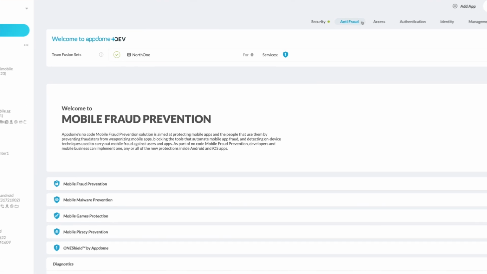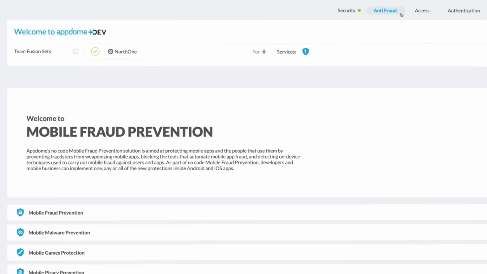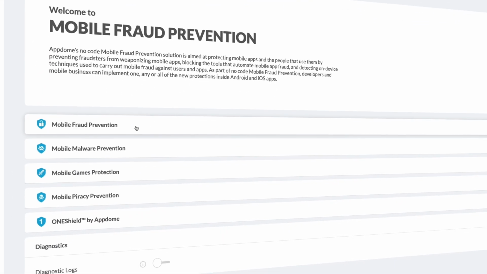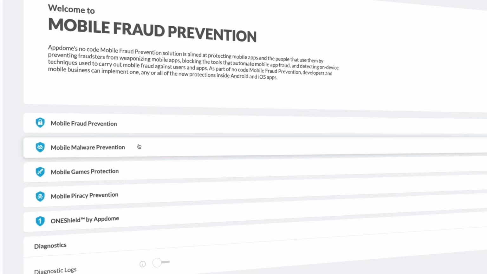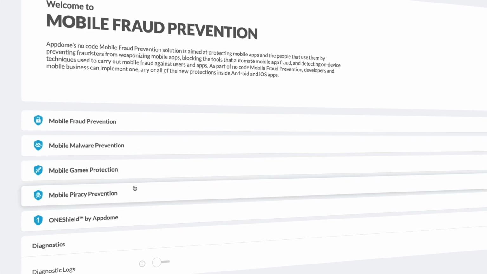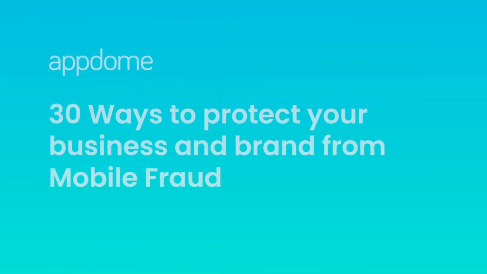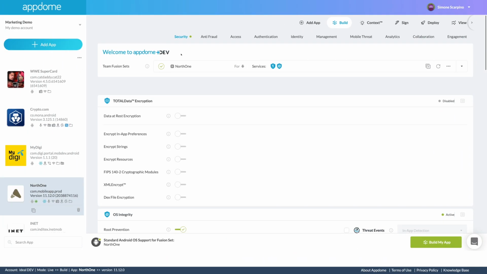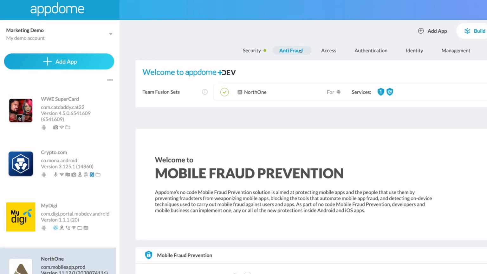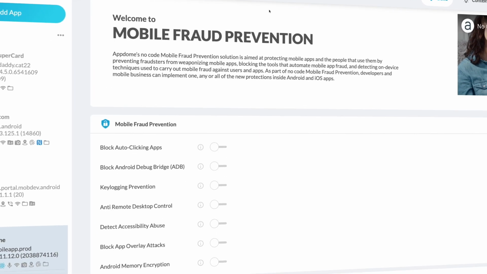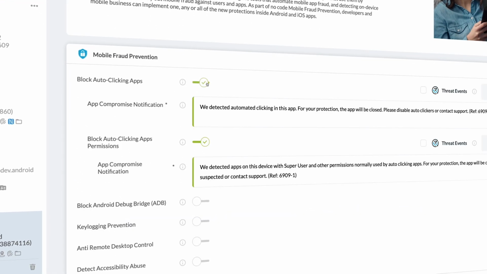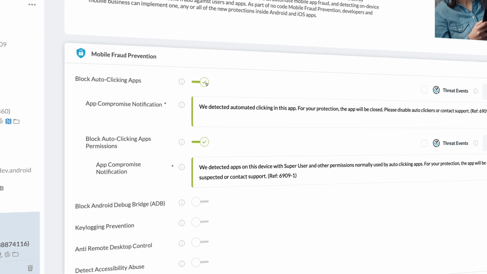Browse the anti-fraud section of the Appdome product. See all the protections needed to prevent mobile fraud, stop mobile malware, protect mobile games, and block mobile piracy before it starts. Appdome is the only solution that preempts mobile fraud by empowering mobile apps to stop fraud without an SDK or gateway. Appdome's in-app protections stop all forms of mobile app fraud, including clickbots, SneakerBots, and large-scale automated attacks